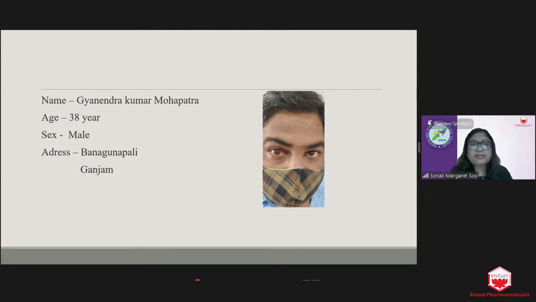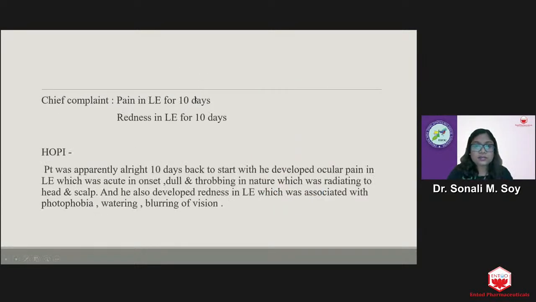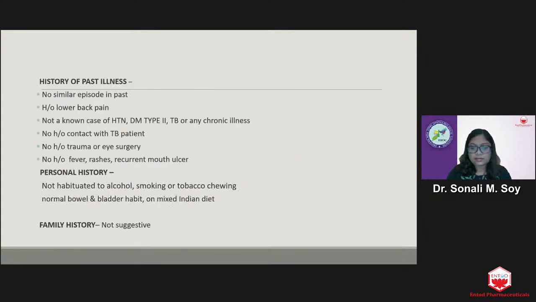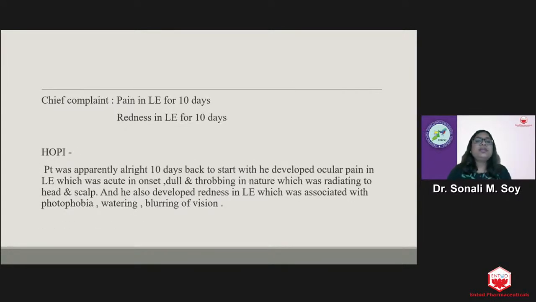Good evening, sir and madam. Today I am going to present a case. My patient name Gyanendra Kumar Mahapatra, 38-year male from Banagunapalli, Ganjam, came to our OPD with chief complaint of pain in left eye for 10 days and redness in left eye